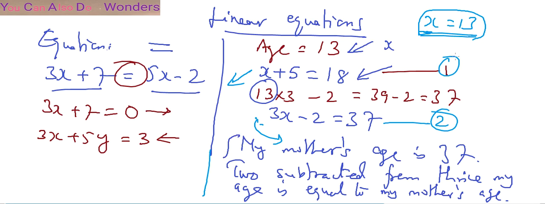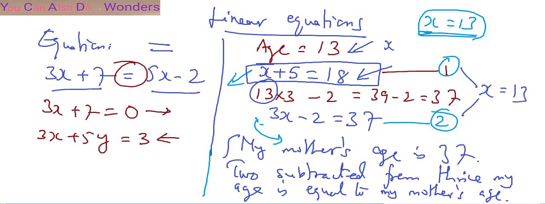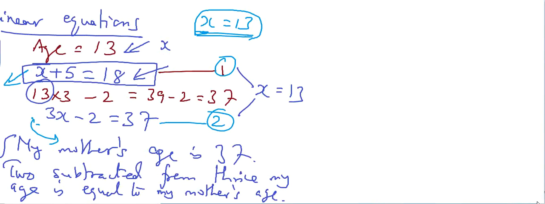When there is an equation and you solve it, suppose we find the value of x using this equation, that value is called the solution of the equation. Obviously when you solve these 2 equations, you should get the same result, isn't it? Both these equations should give the result x is equal to 13. Let's see how we get 13.